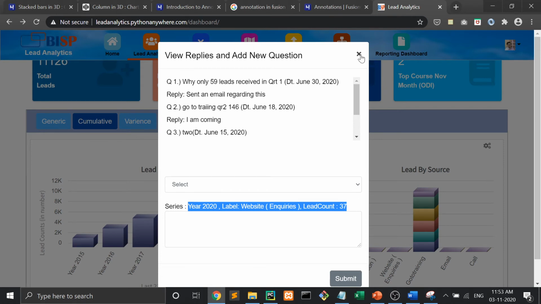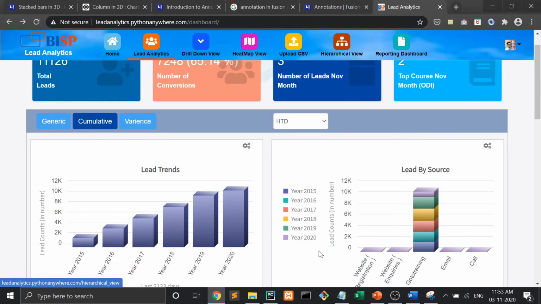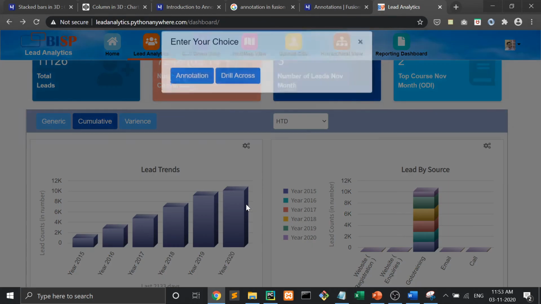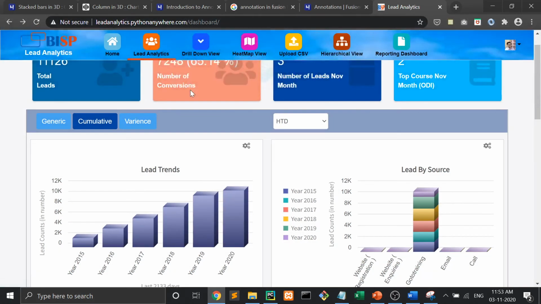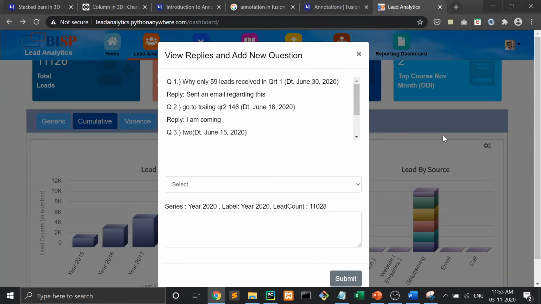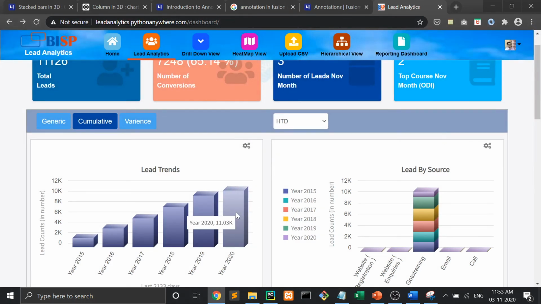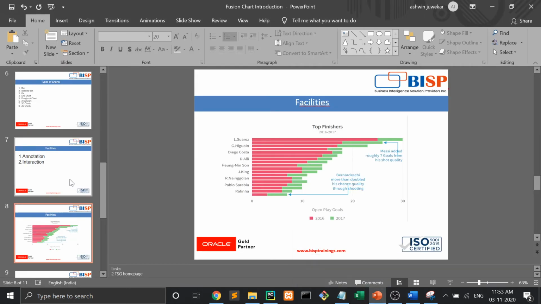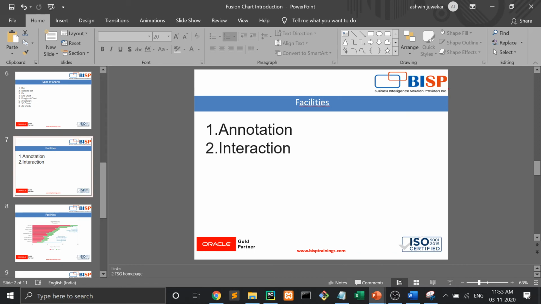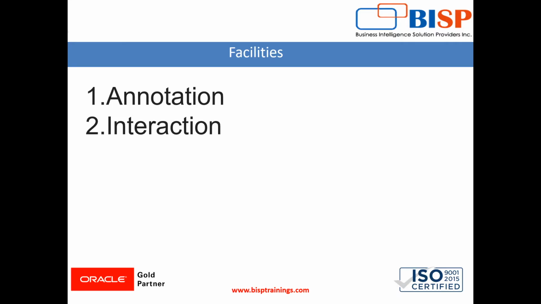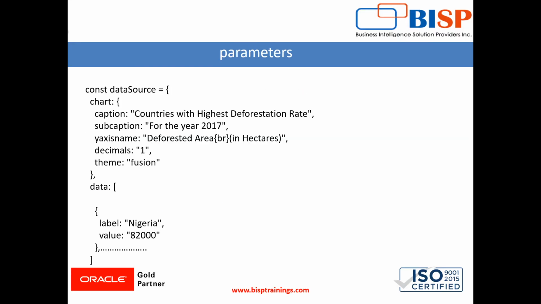So it makes these charts more interactive. Now it is looking more interactive like this. 11,000 leads. So these are the two facilities given by Fusion Charts: annotation and interaction. In our next video we will work practically on it.